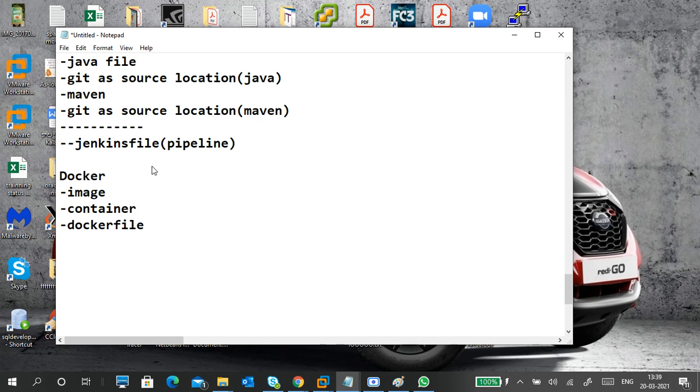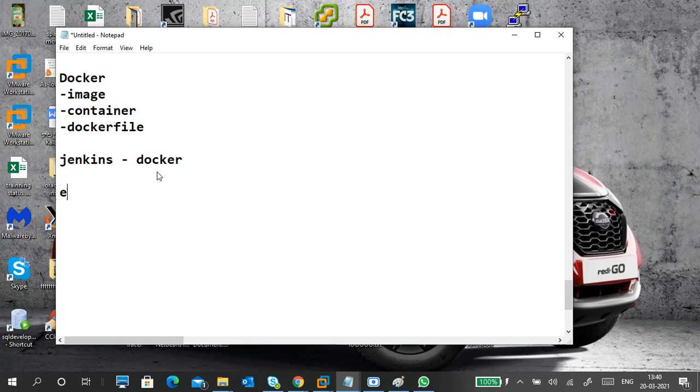Next, Jenkins with Docker. How to do this thing? Next, Eclipse. Whatever it is, Eclipse installation or Eclipse or NetBeans, anyone, we should know the IDE part.